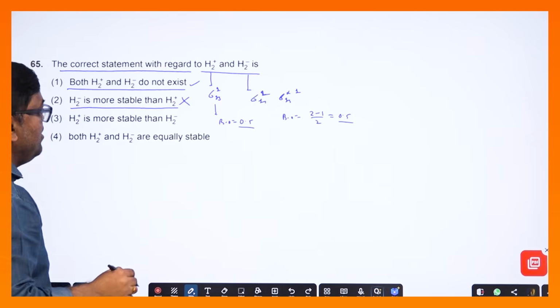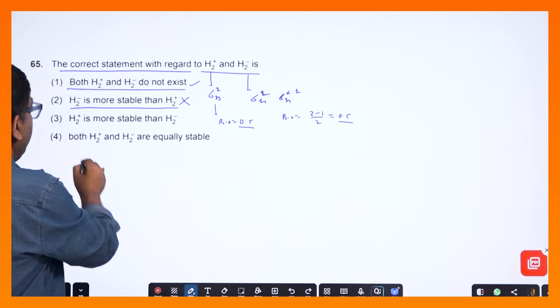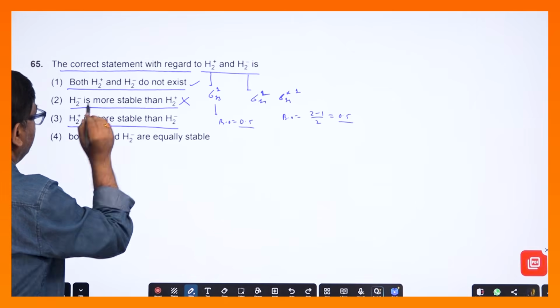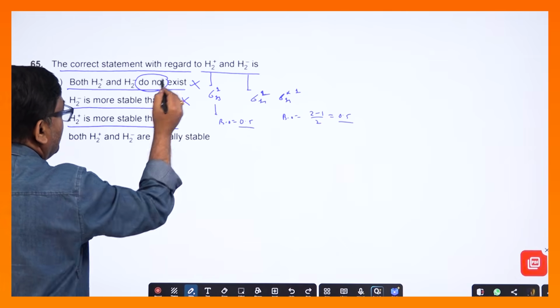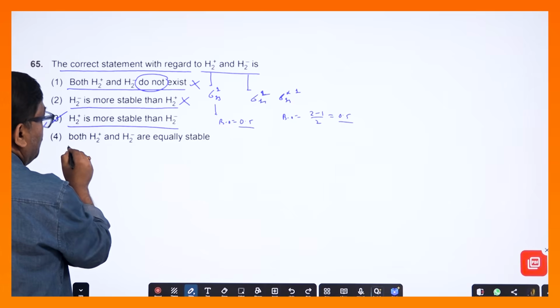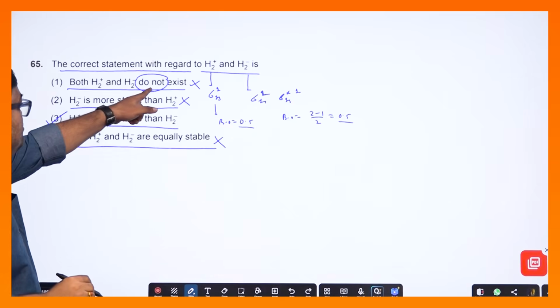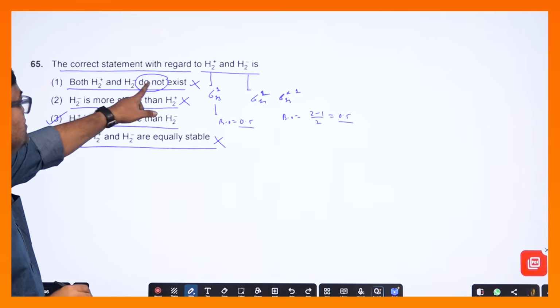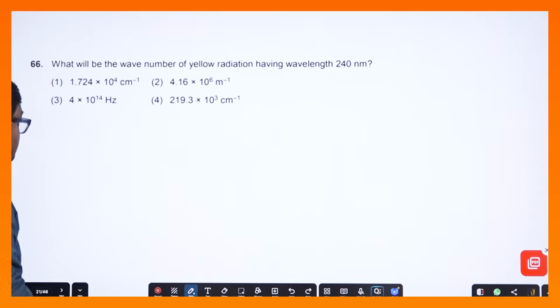কেন ভুল হলো, কারণ এতে অ্যান্টি বন্ডিং ইলেকট্রন আছে, তাই স্টেবল হবে না, ঠিক আছে। H2+ is more stable than H2-, বলছে do not exist, এটা তো exist করে, এটা ভুল হয়ে গেল। H2 is more stable, ঠিক হয়ে গেল, কারণ এখানে বন্ডিং আছে, অ্যান্টি বন্ডিং আছে, both are equally stable, একদম ভুল। তার মানে আমার অ্যান্সার হলো 3। আমি পড়েছি do not exist, কিন্তু do not exist হলে পড়ে ফেলবে, এটা ভুল হয়ে গেল, তাহলে অ্যান্সারটা 3 দাঁড়ালো, ঠিক আছে। নেক্সট কোশ্চেন আছে, what will be the wave number of yellow radiation having wavelength, একদম বেসিক